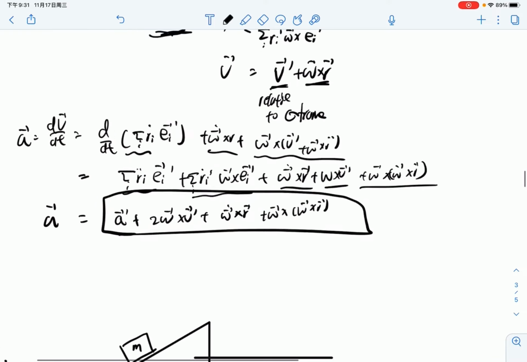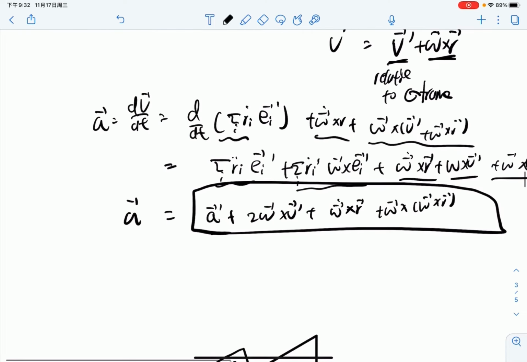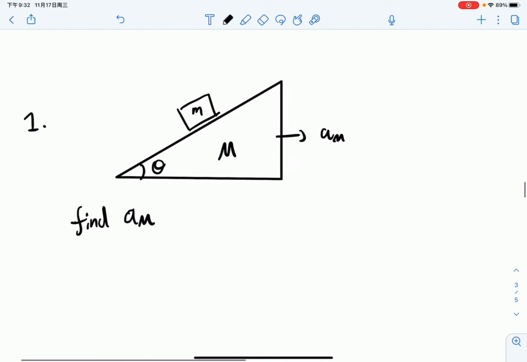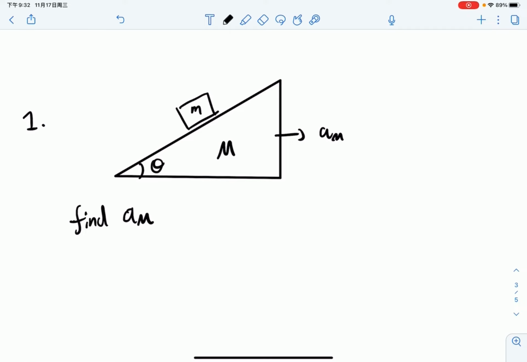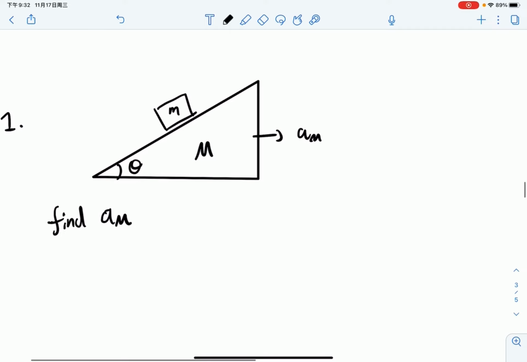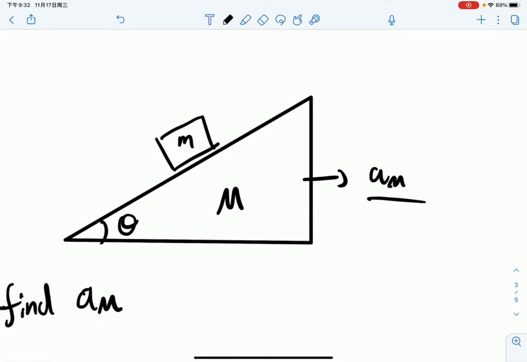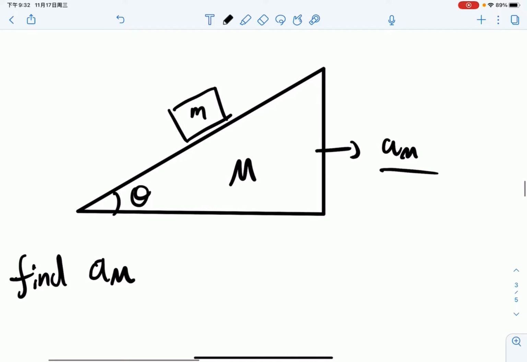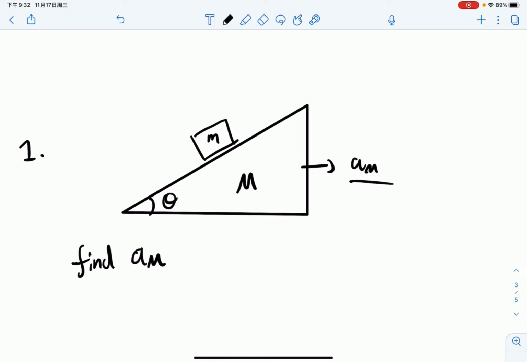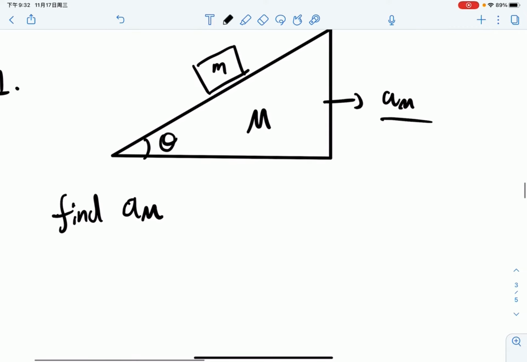Here's the overall equation, which is kind of cool. Now we're going to take a look at the problems. So the first problem we're going to take a look at is to find the acceleration of the big M. For this type of question, we're going to use a fictitious force, which is really helpful. So in the frame of M,